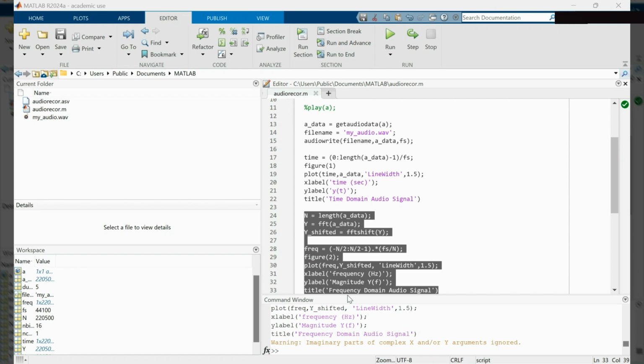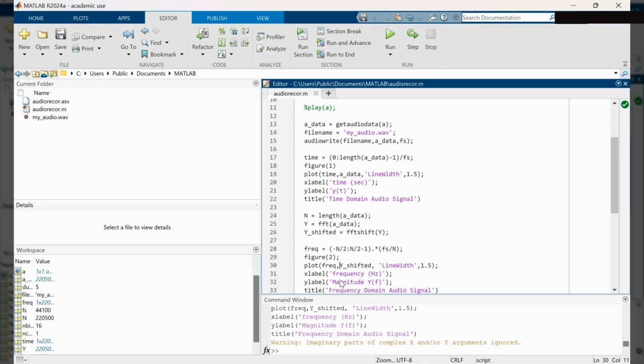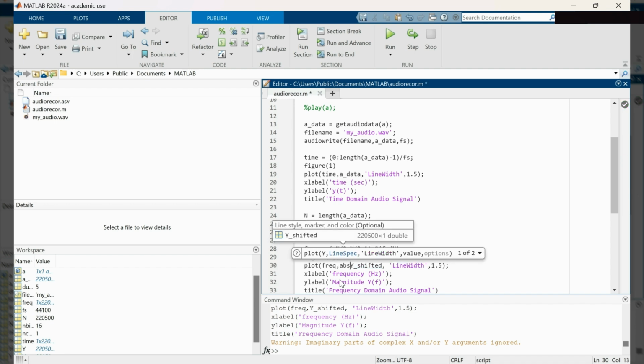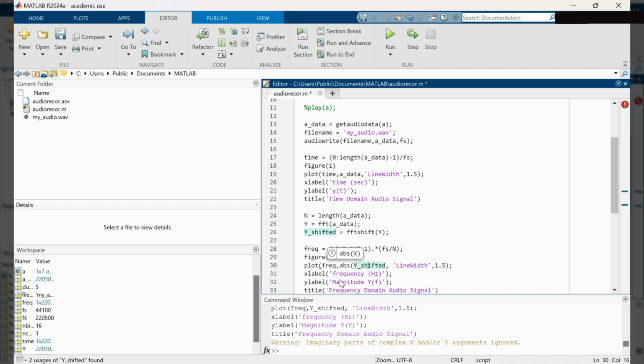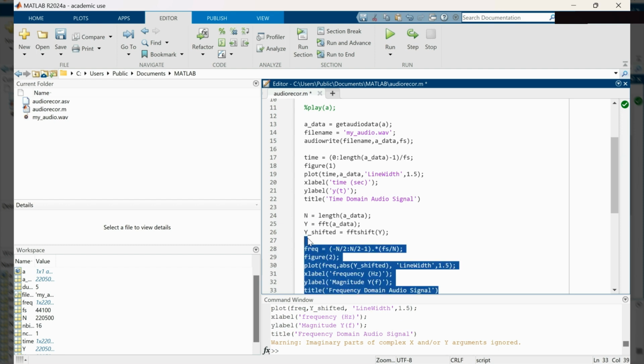Okay, we are not plotting the absolute. Okay, no, we should plot this absolute because we are getting the warning that this variable has an imaginary part, which is important. So now if I run this again,